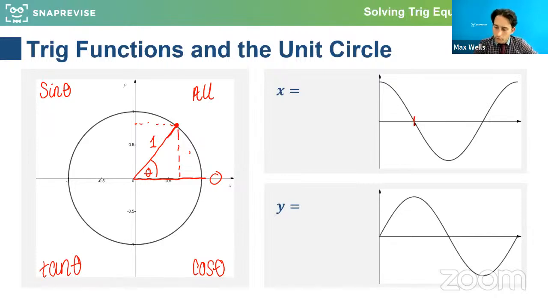Some people just work from the graphs. They know that for acute angles, all of the graphs are positive, above the x-axis, okay? So what we know is if we think of x as the cos value, this is like cos of theta is the x value, and this value here is like the sine value because it's the opposite and the hypotenuse is 1. We can use that to deduce some rules you might know from the graphs as well. So for example,